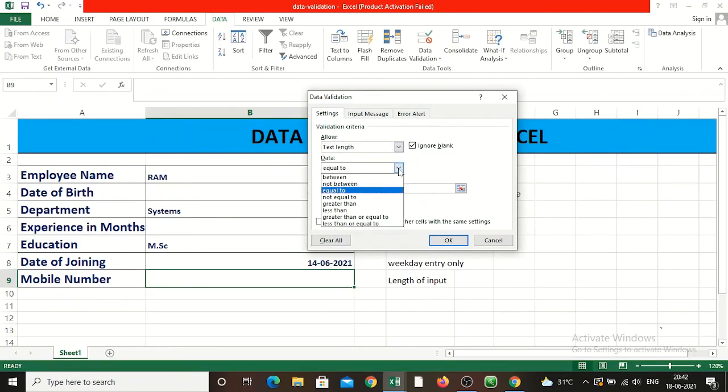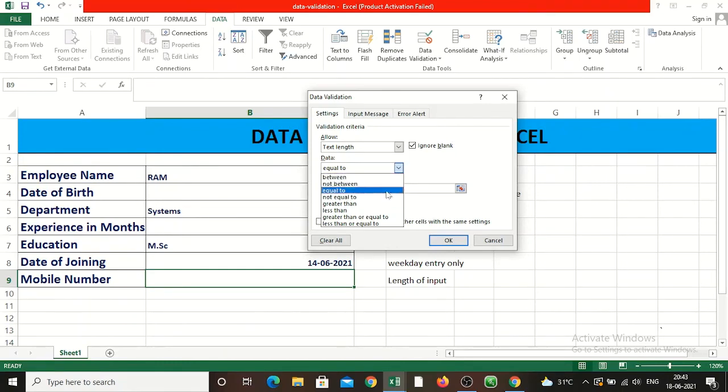Then come to data. Here you have many options: between certain numbers, not between certain numbers, equal to, not equal to, greater than, lesser than, greater than or equal to, lesser than or equal to, all those things.